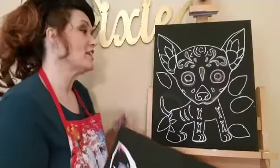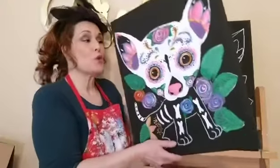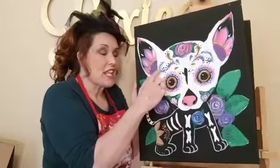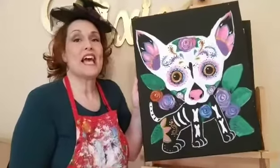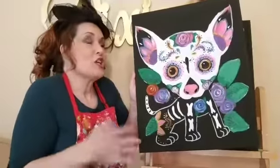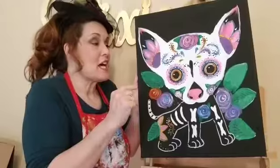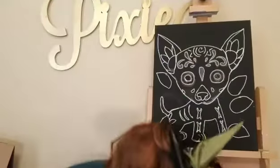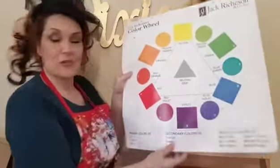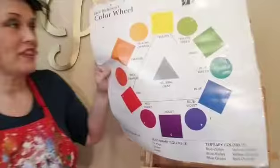But we're not going to try to learn how to paint the whole thing. How about if we just do one part at a time and then another part and another part? And do you have to use the exact same colors as me? No. Right? You can use different colors. Just know that you don't want to mix colors in a weird way. And let me just give you a quick overview of that, because we have the whole rainbow here. And I want you to have fun with it, but